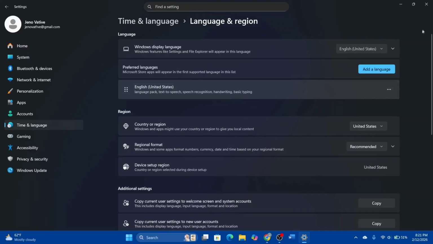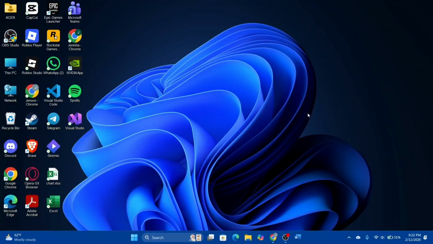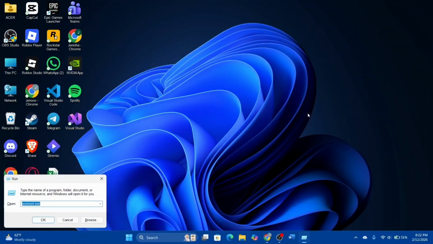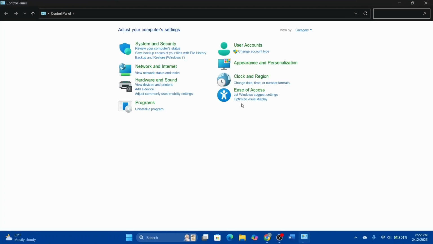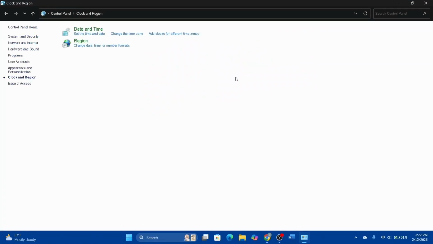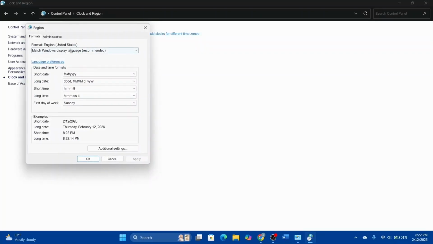If that does not change on the taskbar, we can press Windows plus R, type in control, hit enter, and go to the option for Clock and Region, this one right here. Within there, click on Region, and go to Additional settings here. And set the short time, this one right here, to this format,